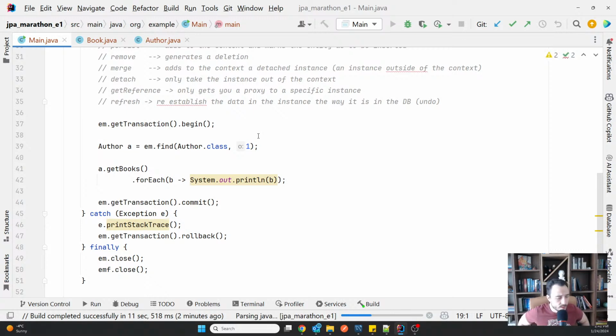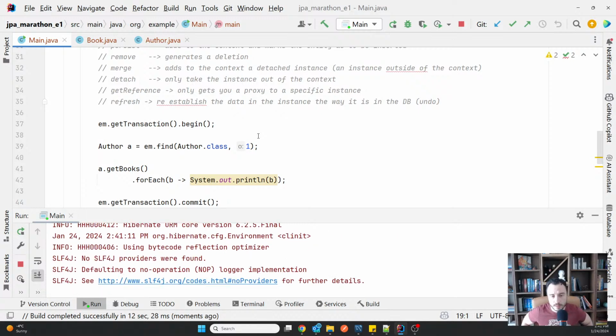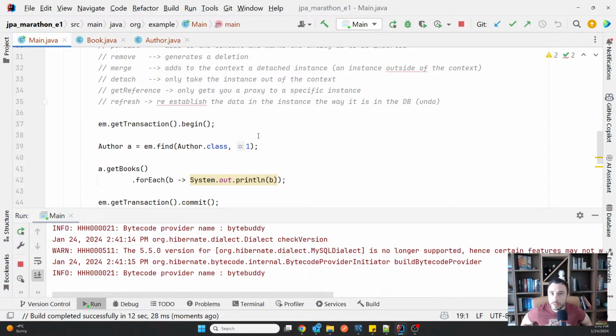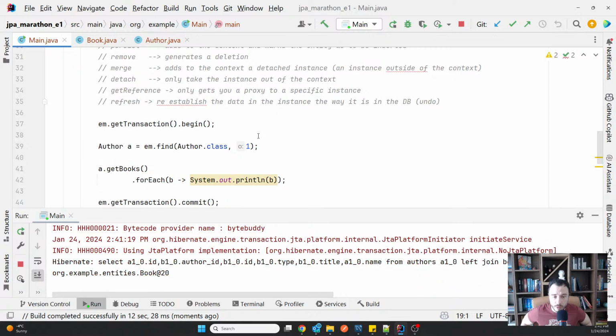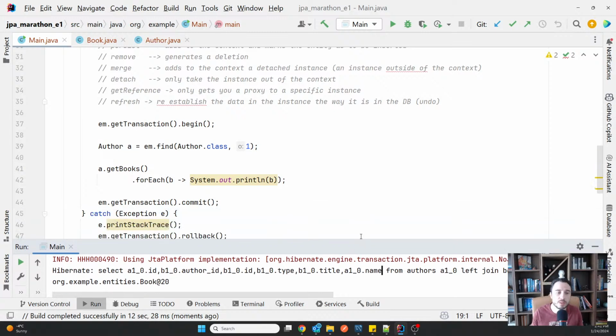Because, of course, as I said earlier, the collection relationships being lazily loaded is something done on purpose. You might end up loading too many things in memory and you will end up with memory problems. So see, yes, I do now have only one query. And that only one query would be only one even if I have 1 or 1000 books. So I solved the n+1 query problem, but in the worst way possible, because now I always get the books. And I don't want to do that either.